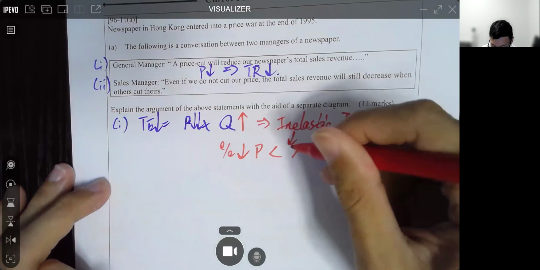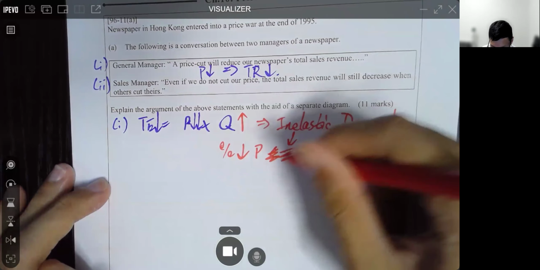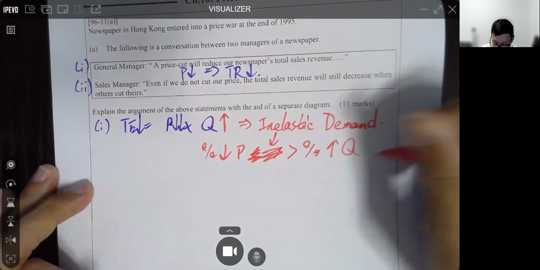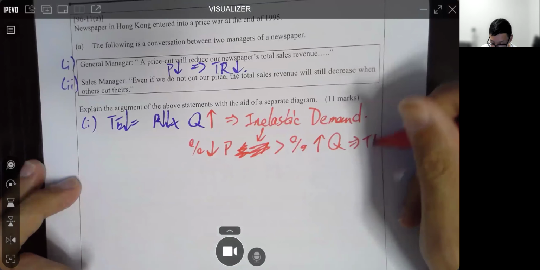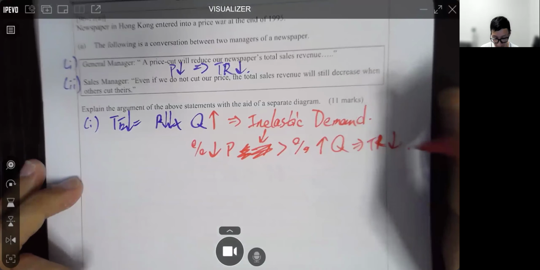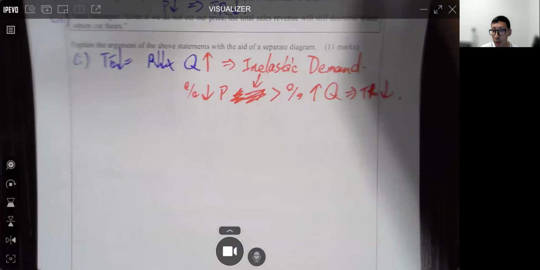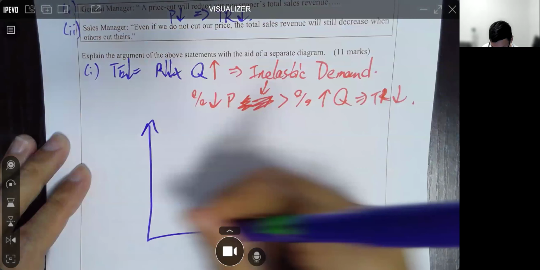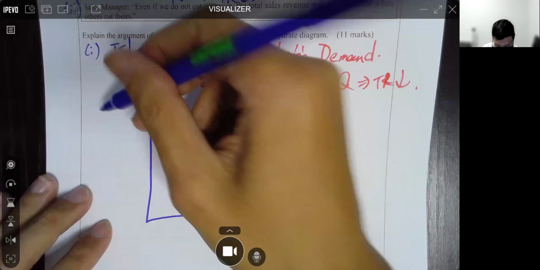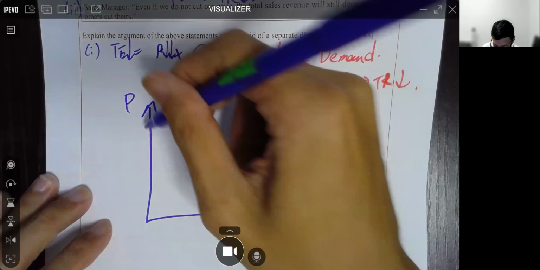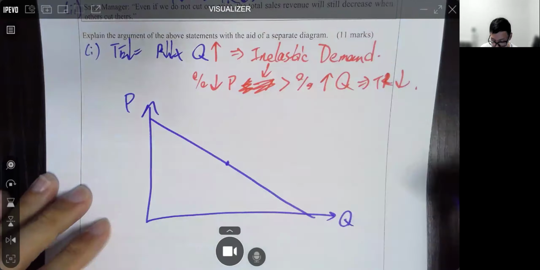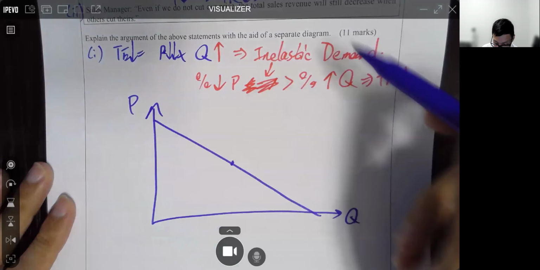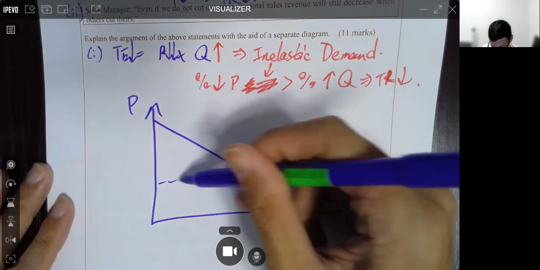所以啦，原來個 the situation when it is inelastic demand, then we know that the percentage decrease in price would be smaller. Actually, I think it's larger, right? Will be larger than the percentage increase in quantity. Therefore, total revenue will drop. 好啦， how to draw the graph? Since it is inelastic demand, no funny business, right? Inelastic, midpoint here. Inelastic, lower portion. Therefore, if we drop the price here,